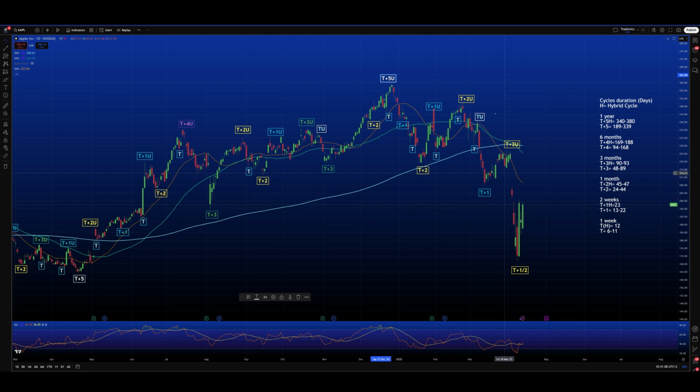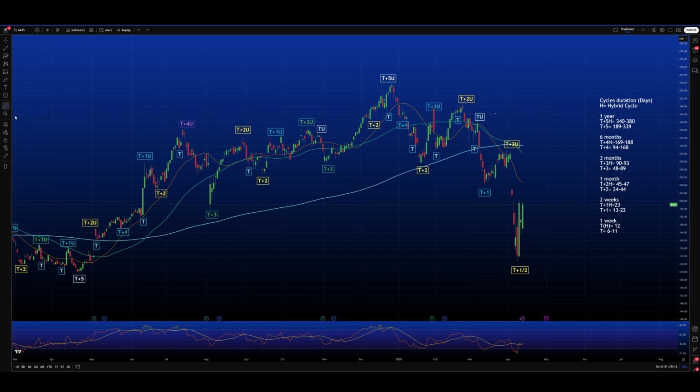What has happened on Apple is that we fell, like all the other stocks, further down. But with this low here, that was made at $169.21, we didn't go lower compared to the top from which the T plus 5 started at $163.30. So this means that Apple also did not turn this T plus 5 into a negative cycle. So here, for the next weeks or months, we are not obliged to continue falling down. And this is the first message.